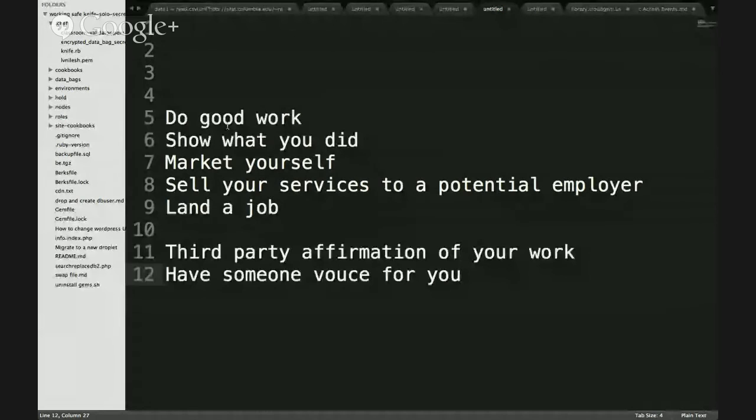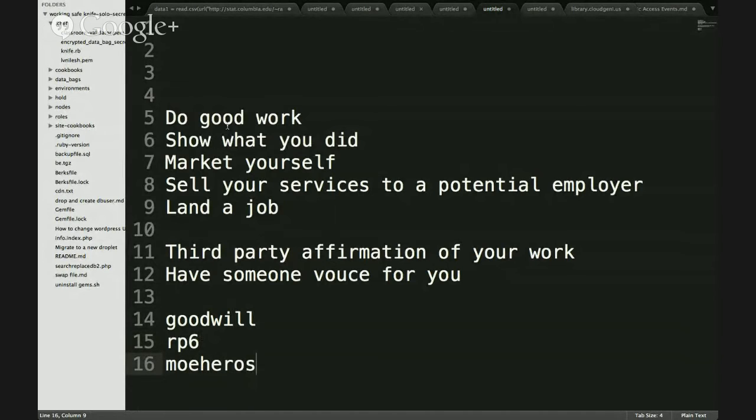Okay, good. So what I am saying next is, we will be doing a ton of work in our class and in Hangouts and wherever we go, for other companies, other enterprises, other non-profits, starting with RP6 and Goodwill, and there is one more called Mo's Heroes, mosheroes.org.